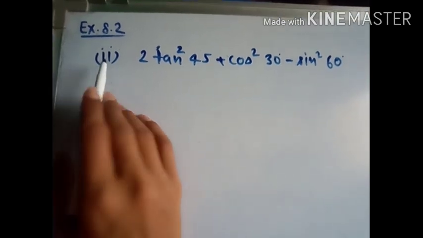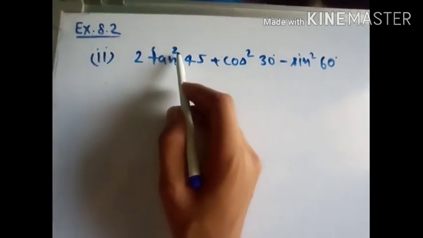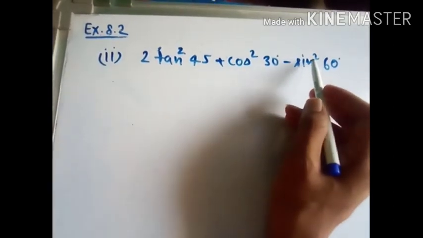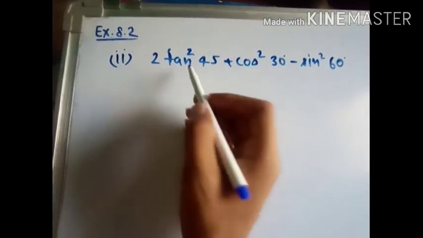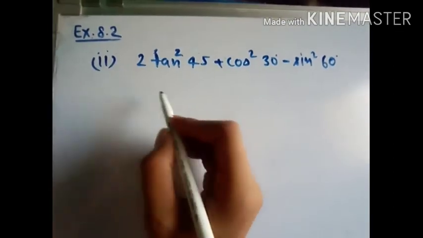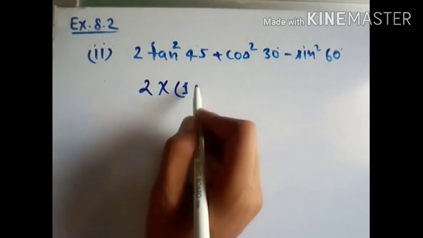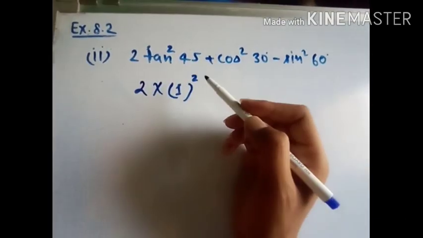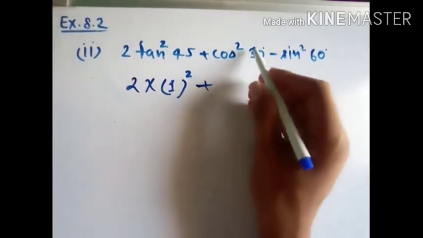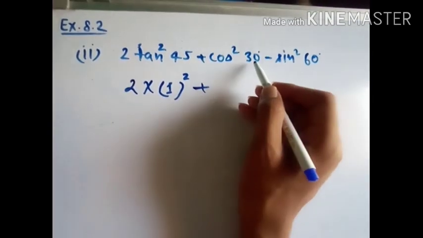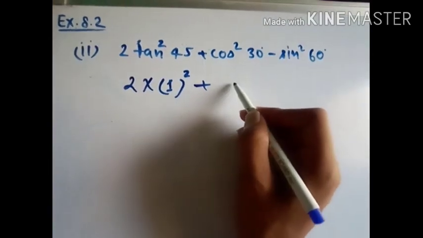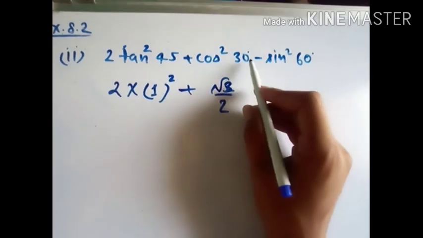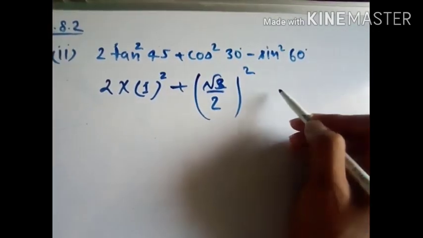The reason being that I can see a square over here, and you will be confused about how to solve this square with tan 45. So let me tell you, the value of tan 45 is 1. Okay, so 2 multiplied with 1, and this square will come over the value of the tan 45 degree. Understand? Now cos square 30 degree, how much is cos 30? Yes, okay, good. Root 3 by 2, and the square will be over here.